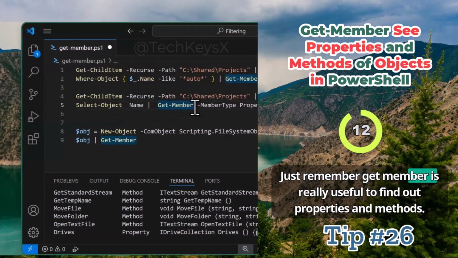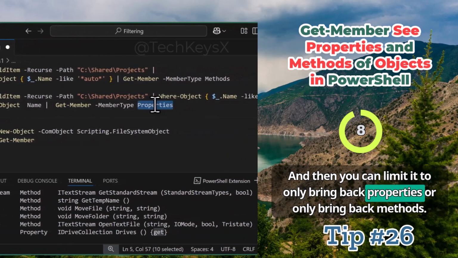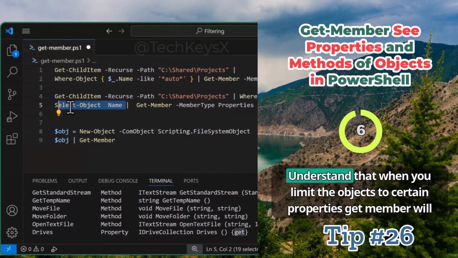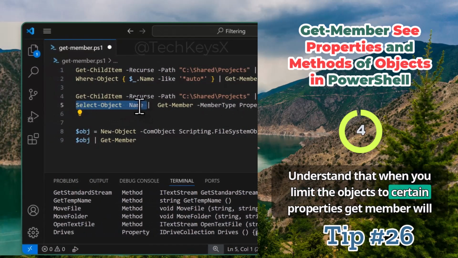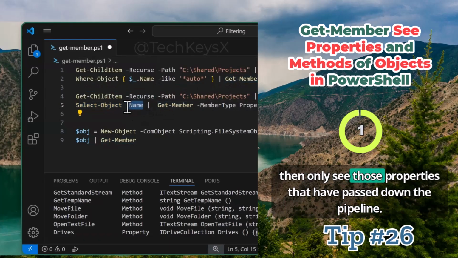Just remember, Get-Member is really useful to find out properties and methods, and then you can limit it to only bring back properties or only bring back methods. Understand that when you limit the objects to certain properties, Get-Member will then only see those properties that are